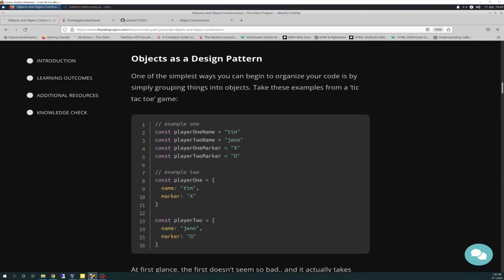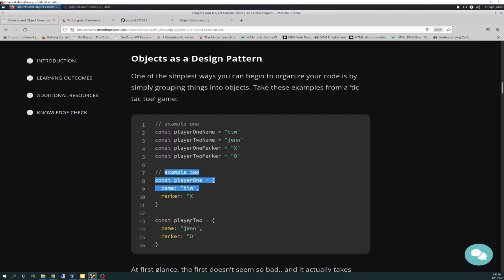And so it goes through here and talks about here's an example of how to do it. Here's a different example of how to do it. And then this would be like creating and instantiating a player 2. And they're just going through and saying how example 2 is the better way to do it, even though it's not the best way. But example 1 is very limited, and it's not a good way to do it, because